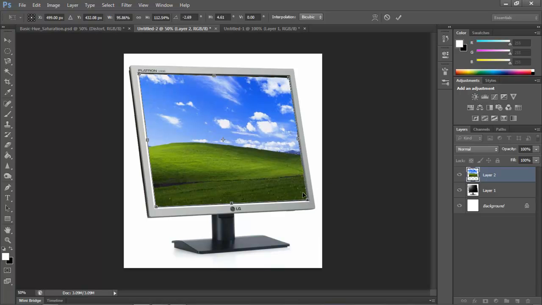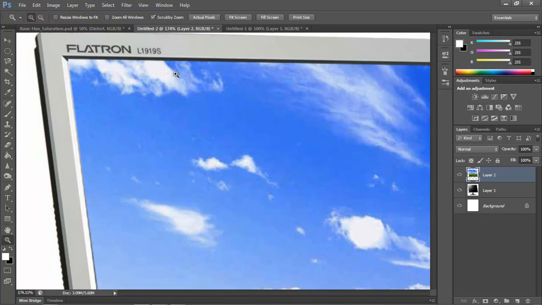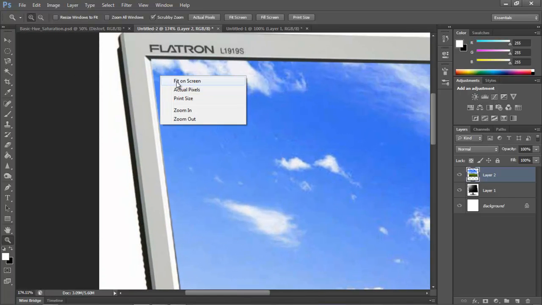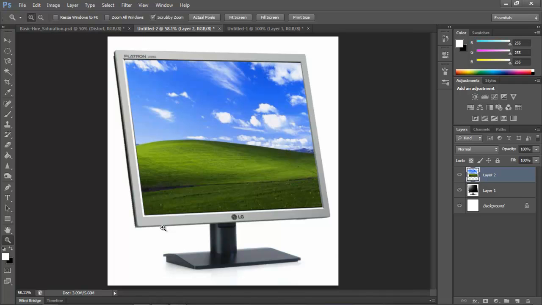It's much easier, but it's not true perspective, so it might alter a tad bit. See, and there you go, it's the Windows screen inside the monitor. You could always mess around with it a bit. I haven't done it perfectly here, it's overlapped, but pretty much that's how you use the distort